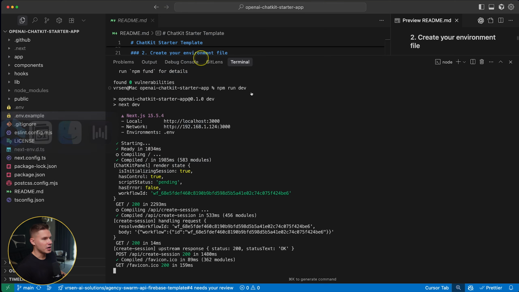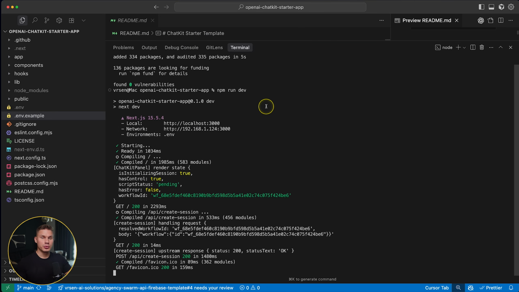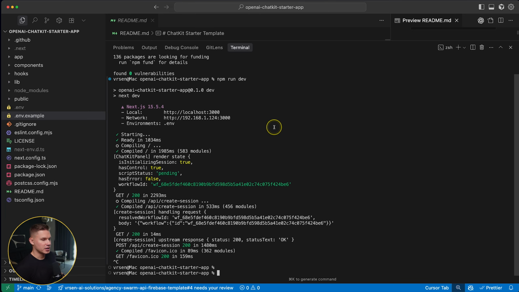It's still running on my localhost, which means that if you do want to put this into production, you would probably still have to add a lot of other things like authentication, like a database, and then also host it somewhere on a server. So although the integration was really simple and it only took me a few seconds to integrate the agent into the app, the deployment process hasn't actually been solved.